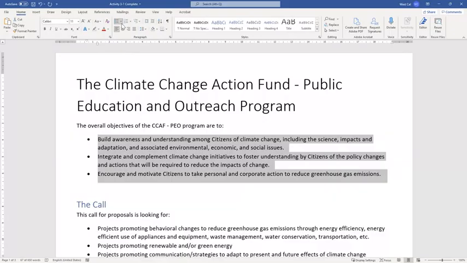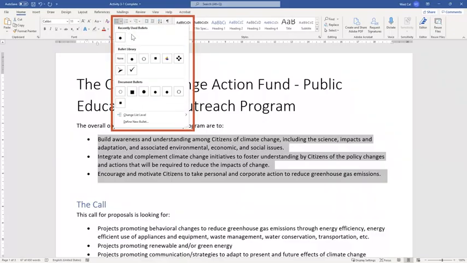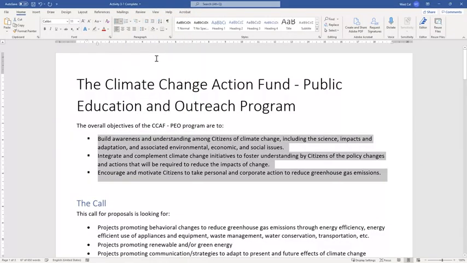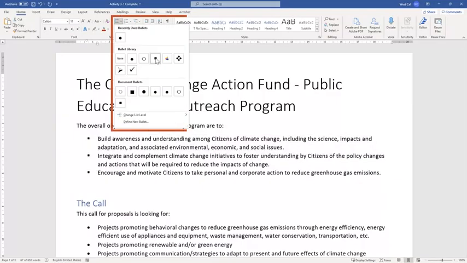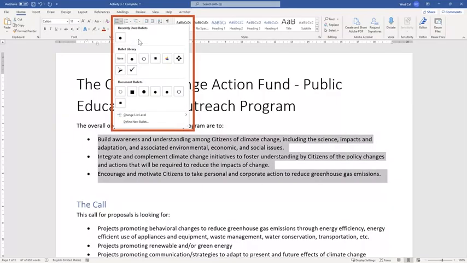You can also click the drop-down arrow next to the Bullets command to choose a different style. Note the Recently Used Bullets and Document Bullets section in the drop-down menu. Use these sections to quickly pick a recently used item or a type of list already used in the document